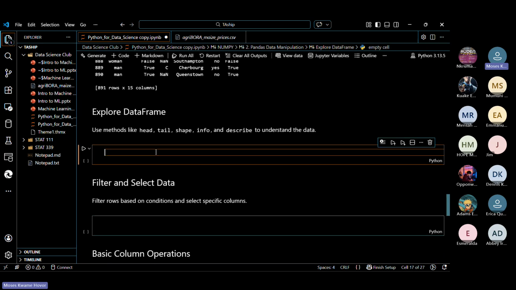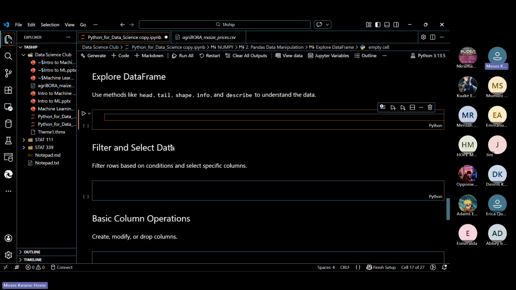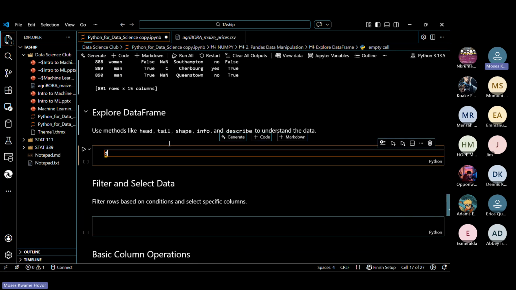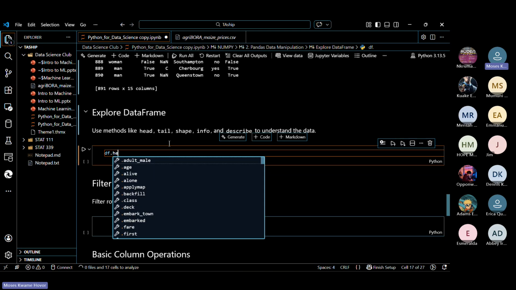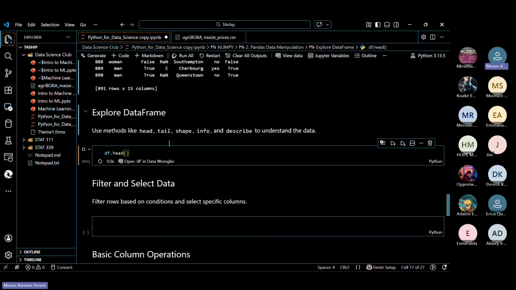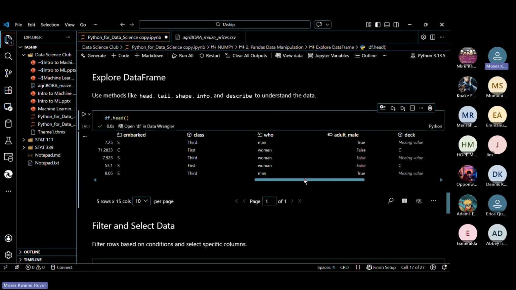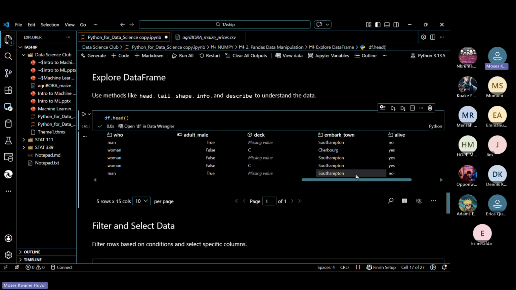So we are going to use head. The data frame that we got, we named it df. So we're going to do df.head, and then just df.head alone is going to give us the first 5 rows of our data. I hope you can see that.